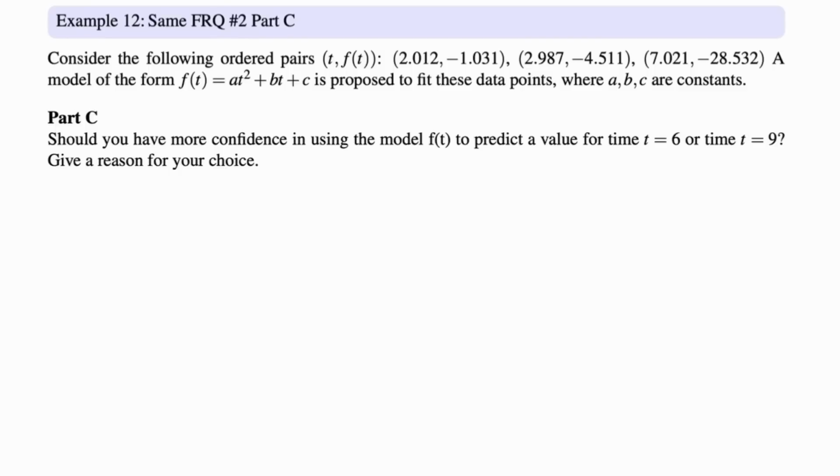And then here's part C. Should you have more confidence in using the model f of t to predict a value for time t equals 6 or t equals 9? Give a reason for your choice. So I look at the